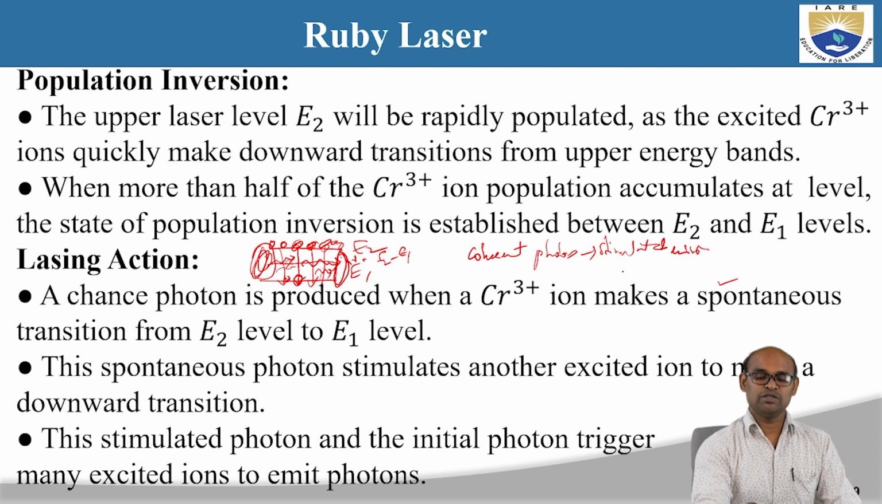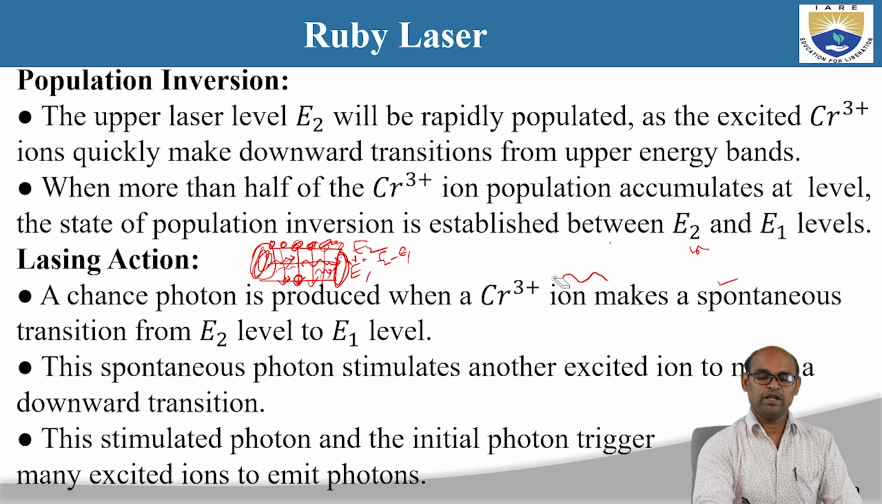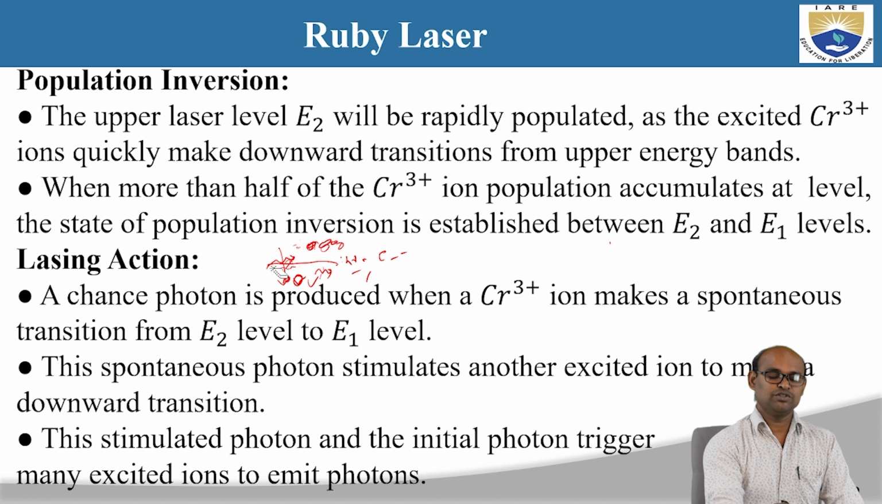So stimulated emission produces coherent photons. Coherent photons are in the same phase. When the two photons are in the same phase, they will undergo constructive interference and the amplitudes are doubled, and hence intensity is increased. So the third step, spontaneous emission occurred, and after the spontaneous emission, there are coherent photons